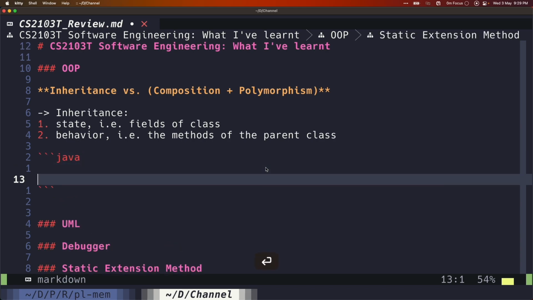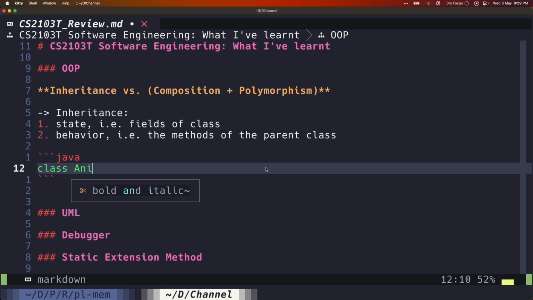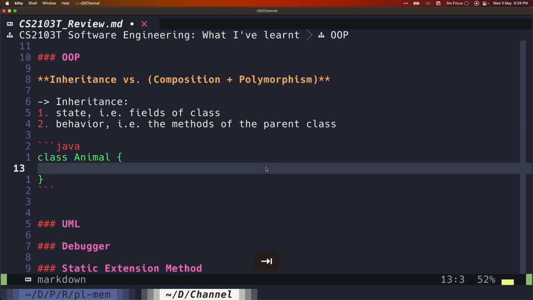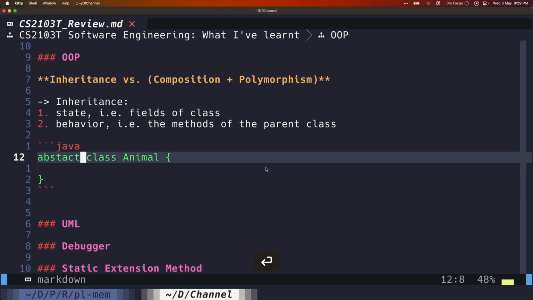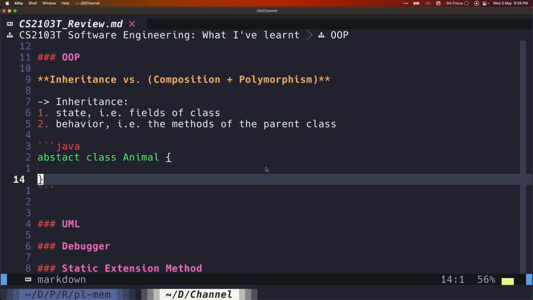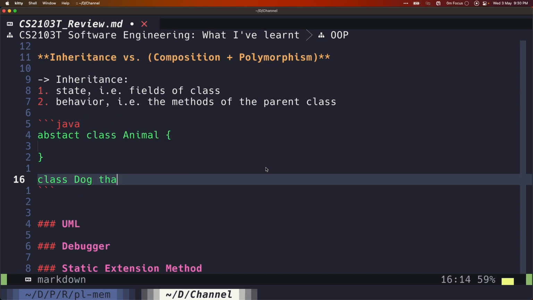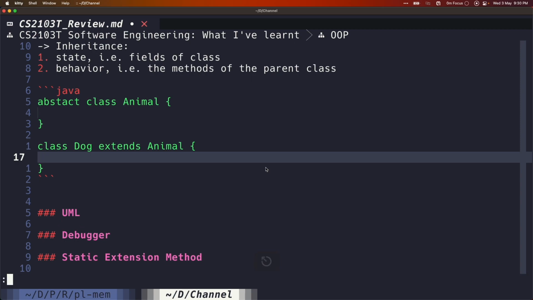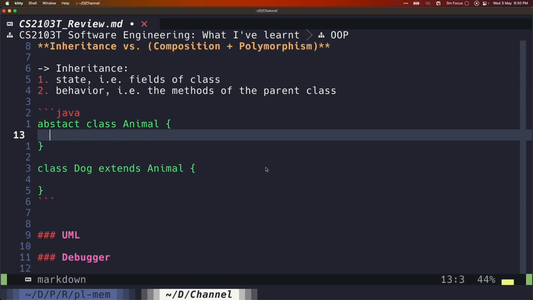So, for example, let's just say Java. If we have a class Animal, one way of doing things is that we can make this class abstract, and we'll have another class Dog that extends Animal.